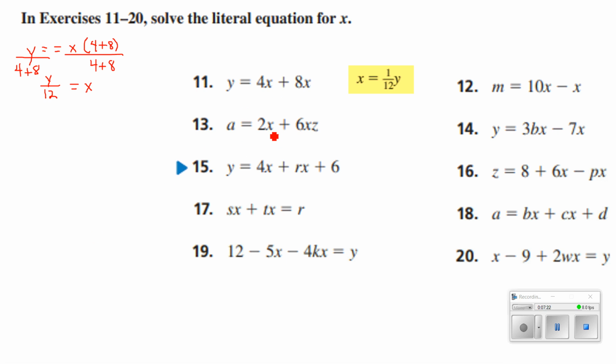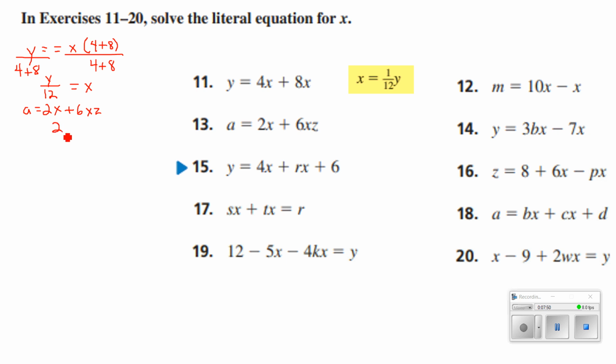We're still isolating for x. FA equals 2x plus 6xz. Once again, we can just rewrite this, right? Remember, we just want the x. So we could say that we have